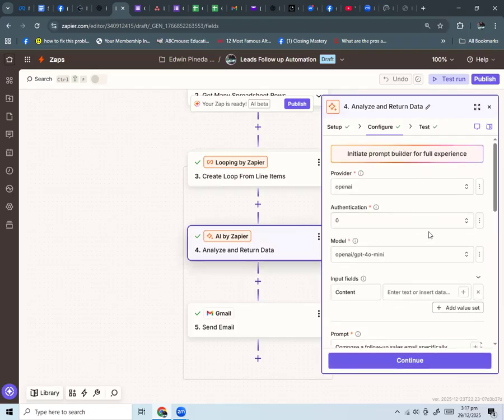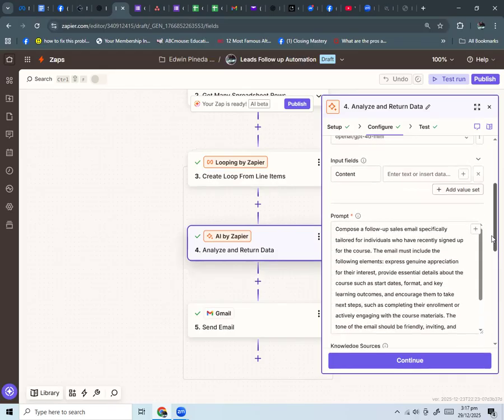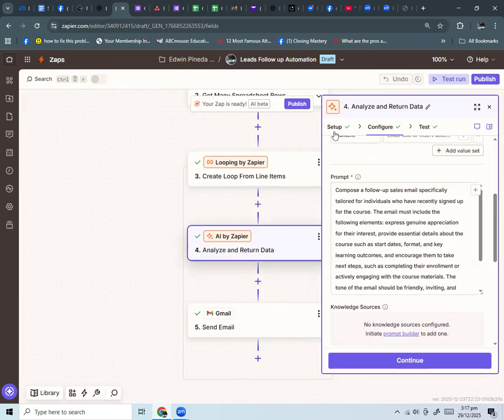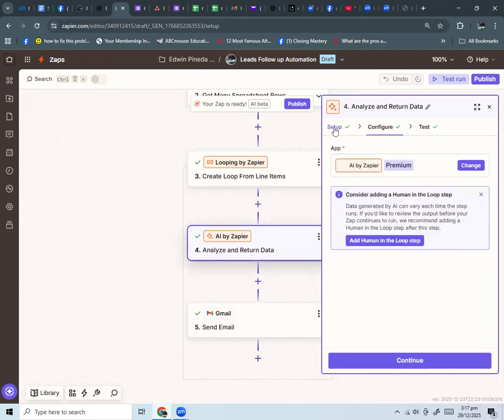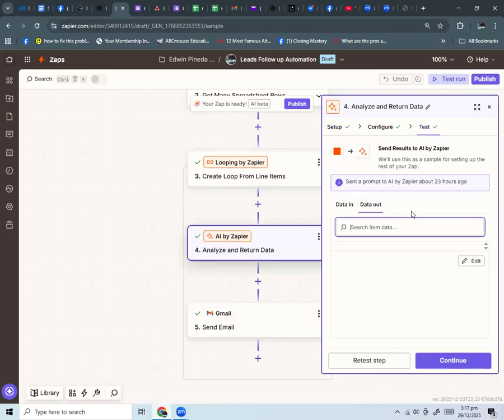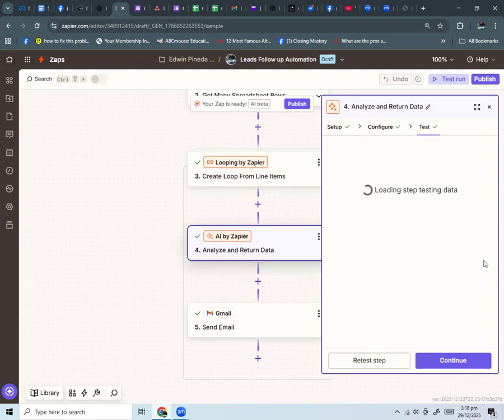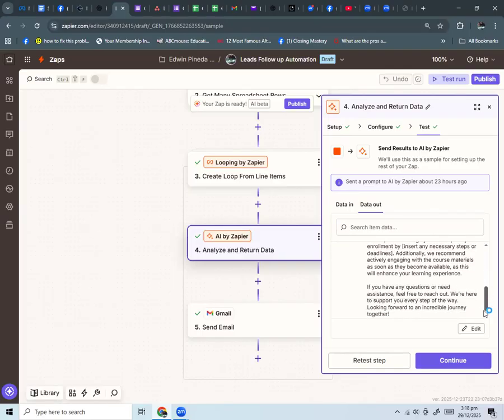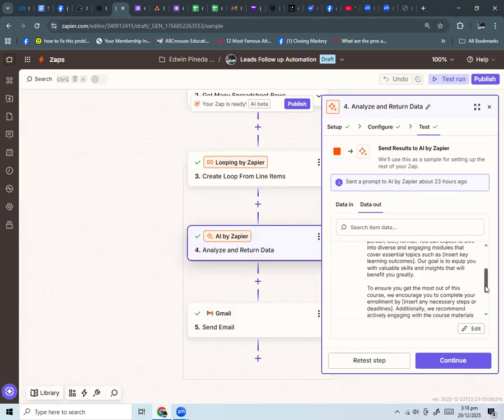As we see in the configure here, it uses the OpenAI, and I have the prompt. In the setup, for the test, it will automatically write content, or email content, to follow up your leads.